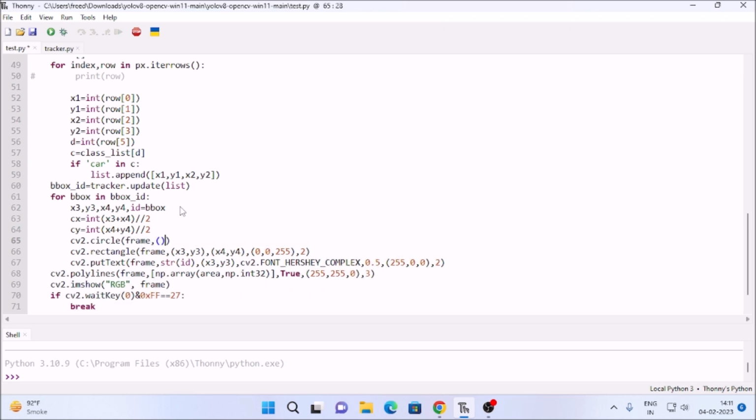Then what else we want? We want our coordinates, so Cx and Cy. Then we want our radius, so let's say 4. And then we are going to mention the color. So color 0, 0, 255. Let's make it red, and because we want to fill the circle, we are going to mention -1. So if I save the code, if I run the code,